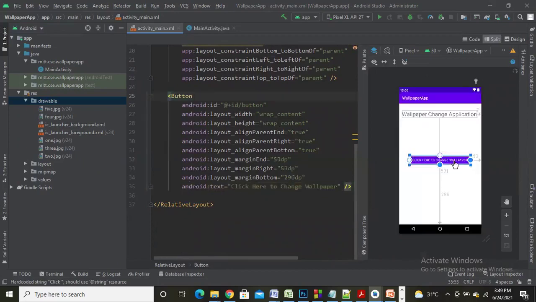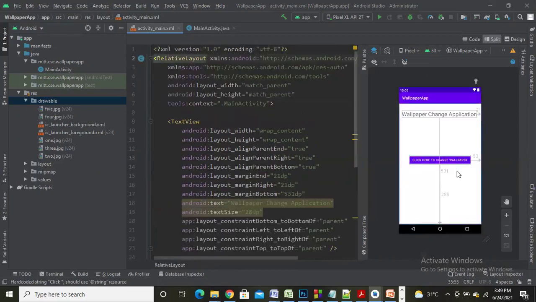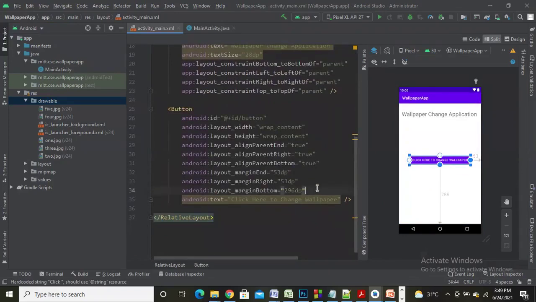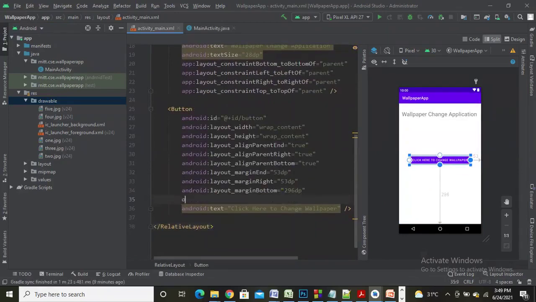Done. Perfect. So my button has been made ready with the title, Click here to change wallpaper. I'll add one property to this button, the onClick property. So I'll set the name of this onClick property as changeWallpaper.